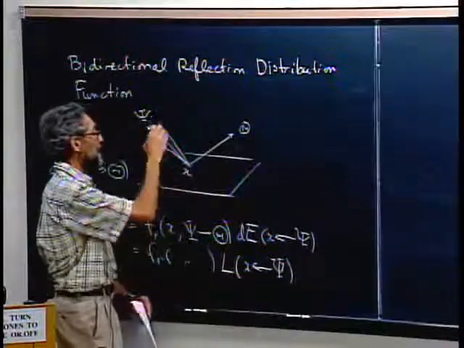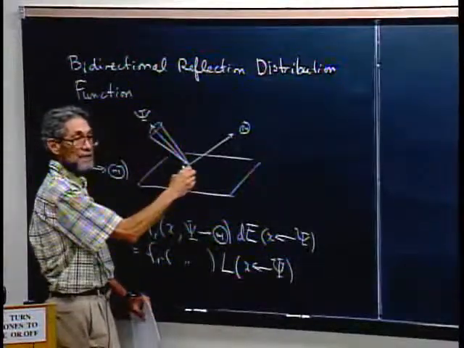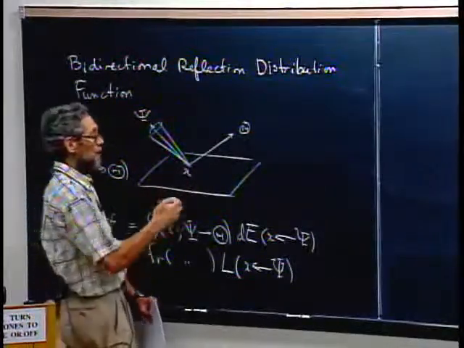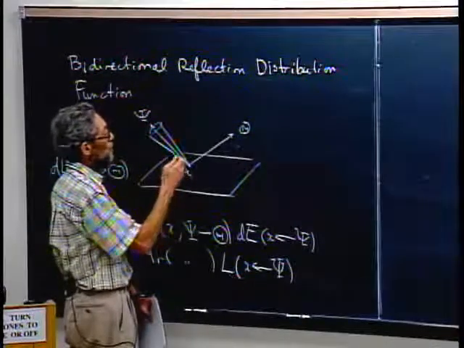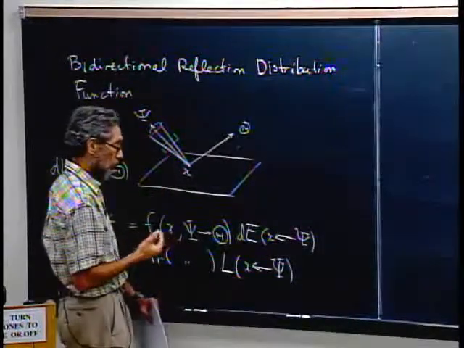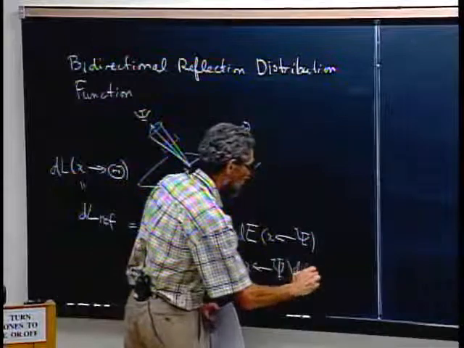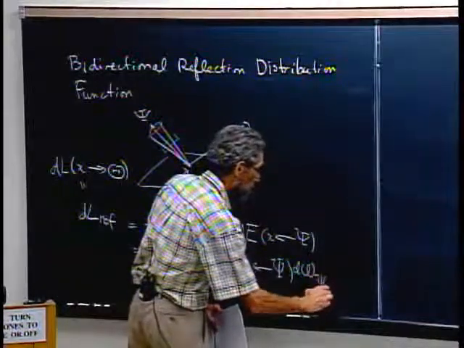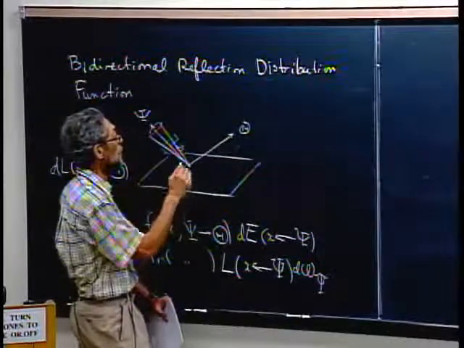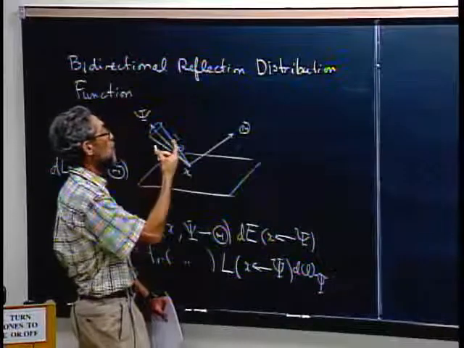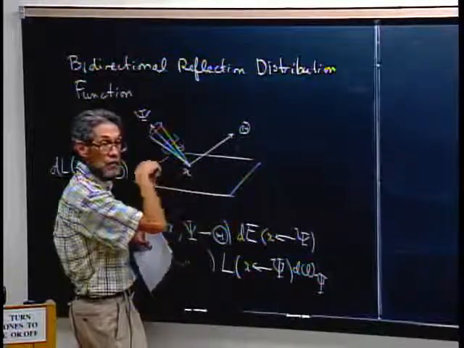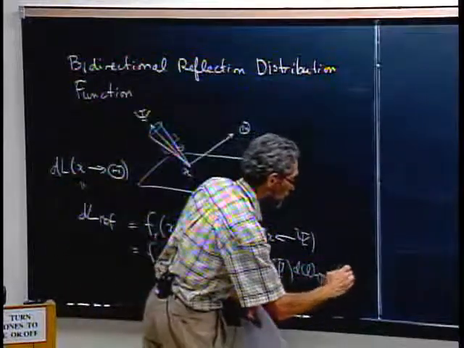Because in order to get an actual amount of energy from a radiance, you also have to multiply that by a solid angle, because radiance is flux per solid angle. So to get flux per unit area normal to the beam here, we have to multiply it by this solid angle, the omega psi, and then we also have to multiply it to account for the foreshortening that we talked about last time, multiply it by the cosine of the angle, right? Because there is less flux per unit area to give you an irradiance if it's slanted with respect to the thing. So I'm just going to call it cosine theta,